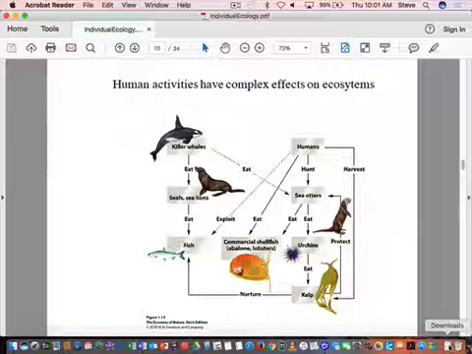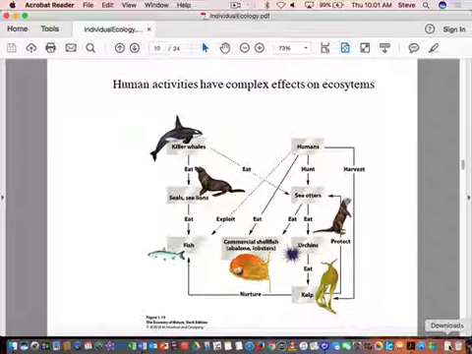So human activities often have complex effects on ecosystems because you have a lot of different levels of an ecosystem, from a top-level predator to a medium-level predator to, you know, the base of the food web. Okay? And so let me just go through parts of this, and then I'm going to ask you a question, and you can work in a group. So let's look at the two main components. Who are the two main top-level predators in this? This could easily be off the coast of California. It could be off the coast of Peru in South America. Okay, either place. Who are the two top-level predators in this ecosystem?